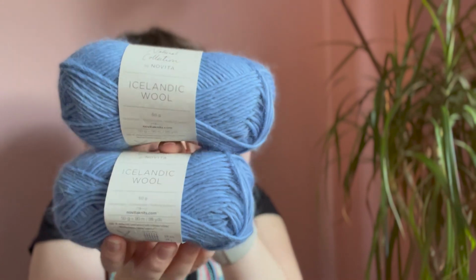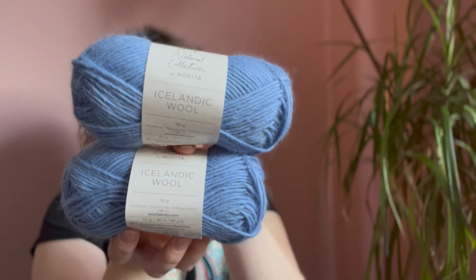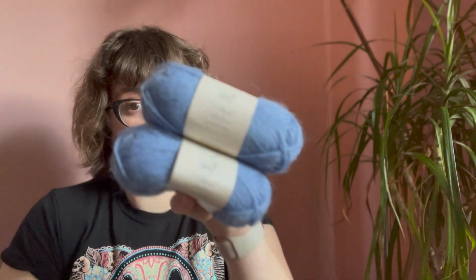I also got some very woolly yarn, some Icelandic wool, because I am going to take part in the Yarn Harlot's Thrummed Mitten Along. She mentioned on her blog this week or last week that she was going to do a knit along on her Patreon, and I am a member of her Patreon, and I have wanted to do thrummed mittens for a long time and just never really knew how. So I'm going to take part in her knit along and make some thrummed mittens for my eldest. The fibre is yet to be dispatched,